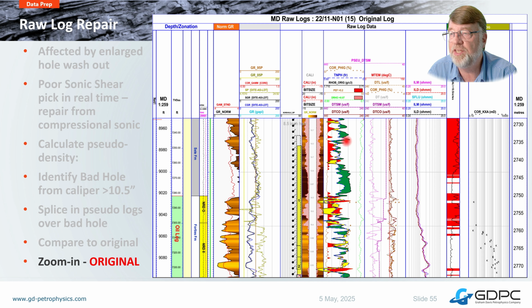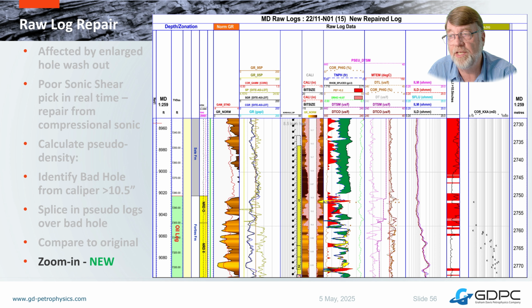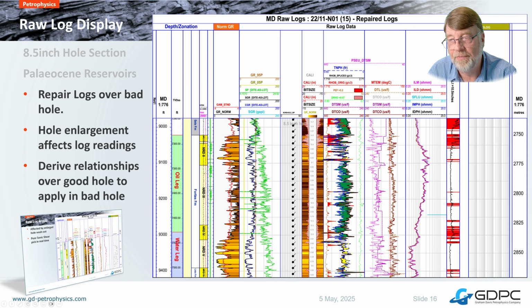So here's the original density. You see this washout with a caliper. This thing here is called the PEF. I don't think I covered that on my Petrophysics for Dummies course, but it's largely affected by washout as well, where you get mud build up, barite in the mud. It affects it. So you can see this is where the hole is washed out. And if I splice in the good density, or the pseudo density, shall we say, you see that it does a reasonable job. This makes it look sensible, shaly rock, and there's some